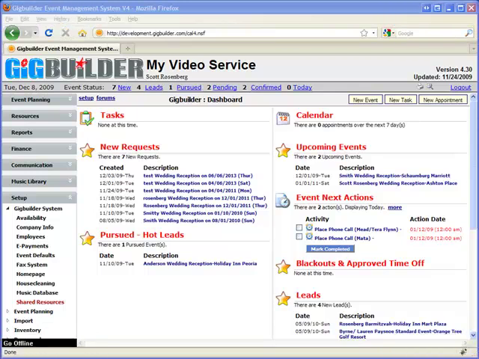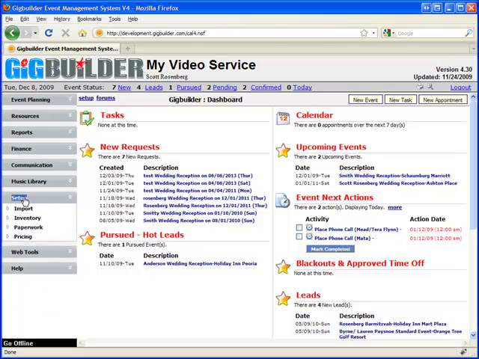As of version 4.3, you can share Gigbuilder with other Gigbuilder users or Google Calendar and other iCalendar compatible services such as Outlook, iCal, or your mobile device. To begin, start from the Gigbuilder homepage. I want you to click Setup,